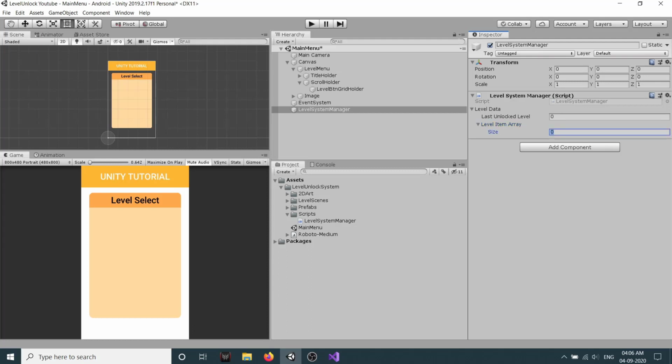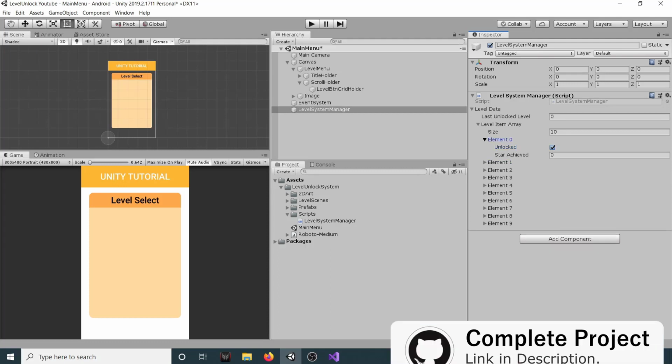So first we will just add, let's say 10 as the size, so we will have 10 levels. So first level will be unlocked, so I will just click on this and unlock, and the last unlock level will be 0 indexed because our first level is unlocked currently and all others are not unlocked.